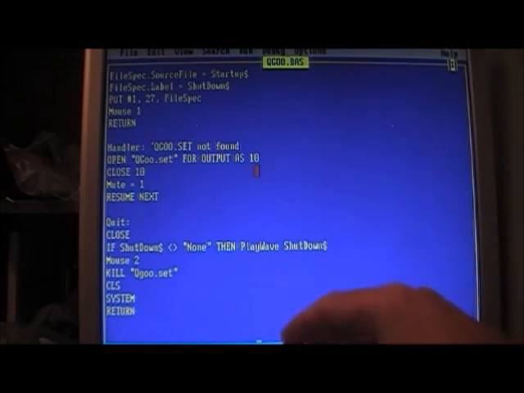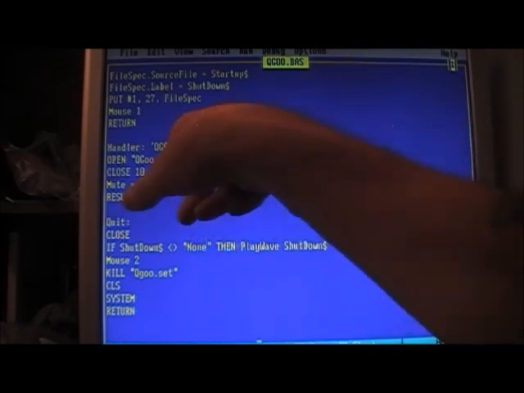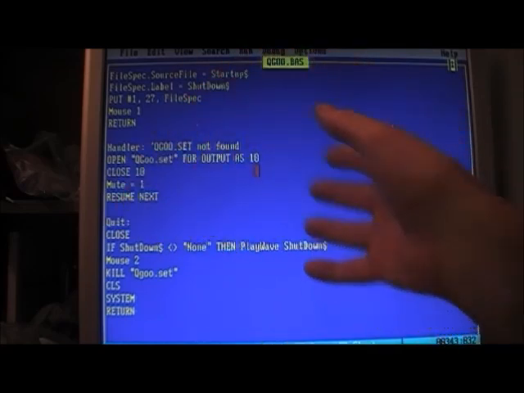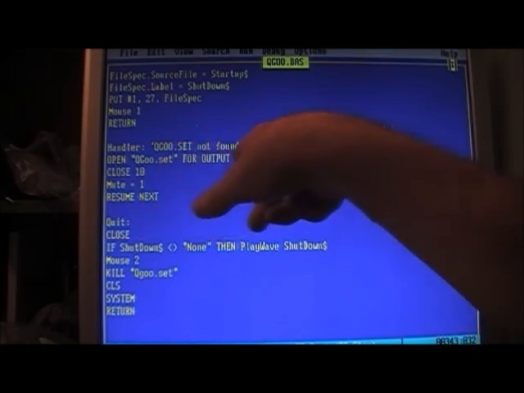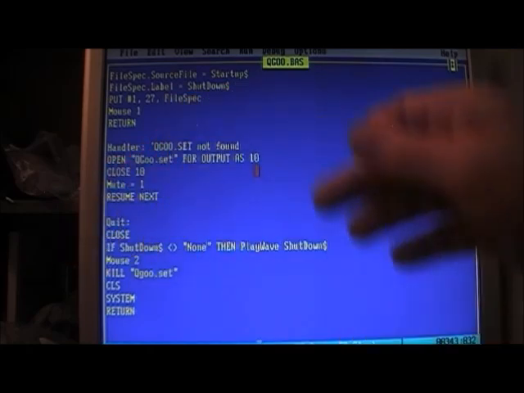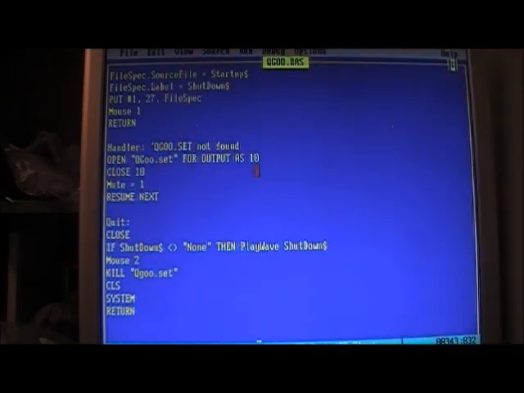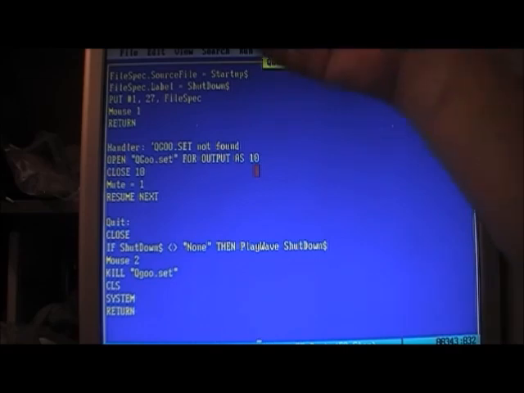The first time we run the program, it's not going to find Q.set because we deleted it. So we come here, we generate Q.set, and we set mute to 1. That's how it knows to play the startup sound. Once we have run